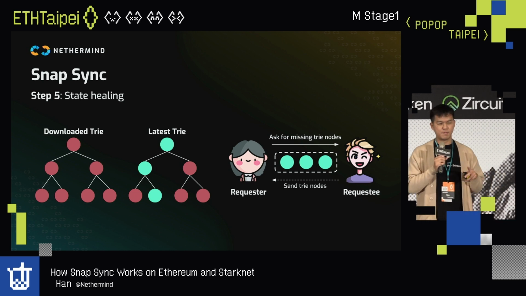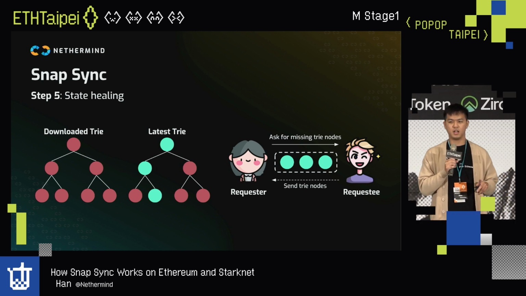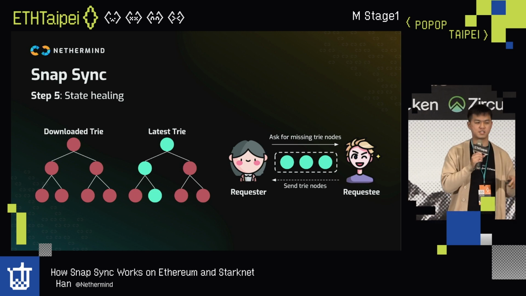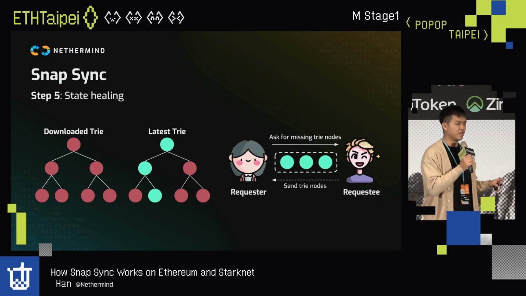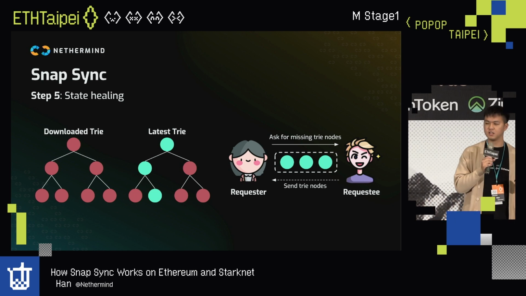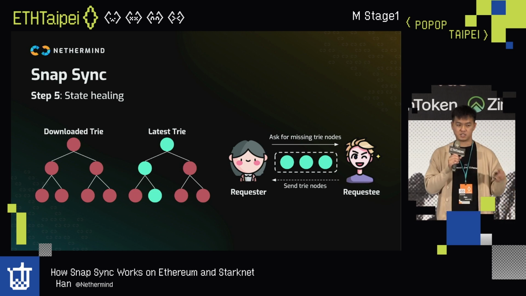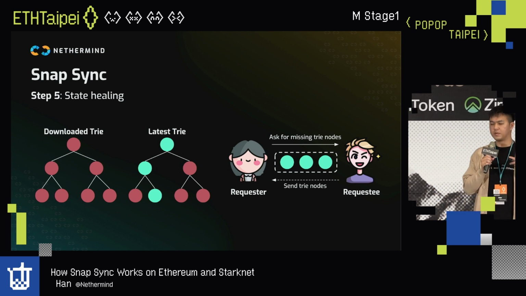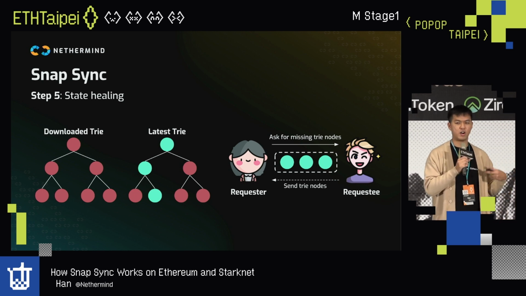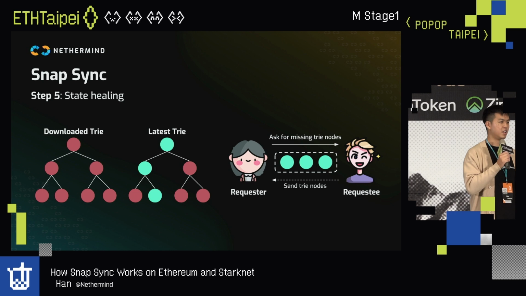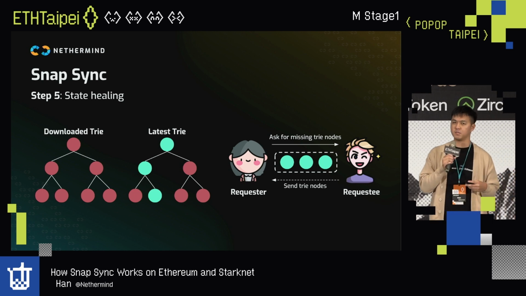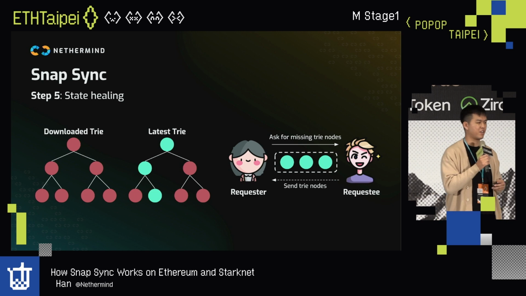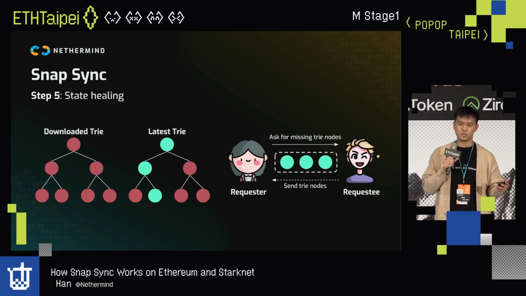So one very important thing when it comes to SnapSync during this phase is that you have to have a good network setup and also a good hardware setup such that you are able to heal much faster than the chain progresses. Because if you can't heal that fast, you will forever be stuck in the healing phase, stuck in the loop. And that's why when you go into the Go Ethereum Discord or the Nethermind Discord, even check